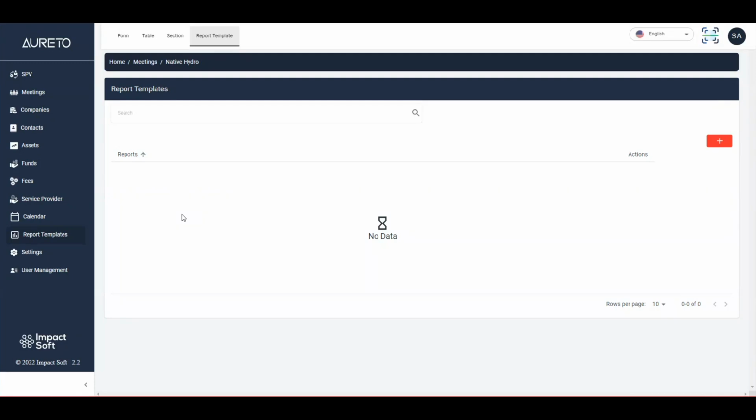Okay, in the previous video we were discussing how we will be generating the meetings, and then we came to the point of what a report template is and where it is coming from. So we had come up to the report template, and we are starting part 2 of that video. Report template